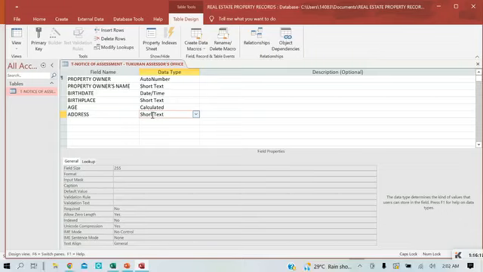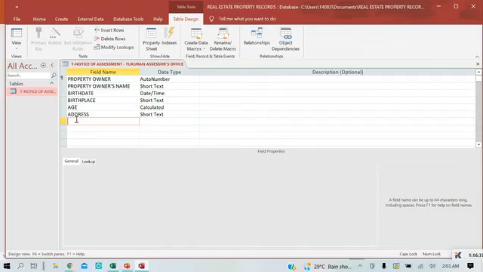So the address, you will put your permanent address because it is very important when you have your property assessed. It has to be a permanent address. So the specific owner should be giving the information, a specific address. So short text. Your address could be, if you're living in Pagadian City, so you have to